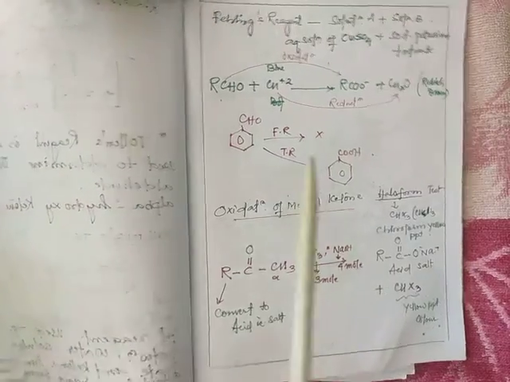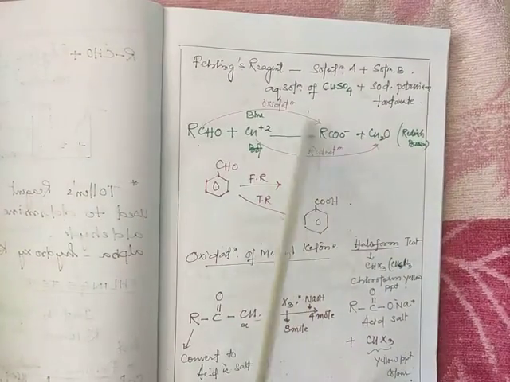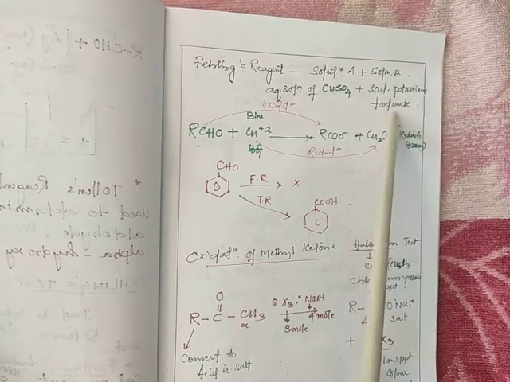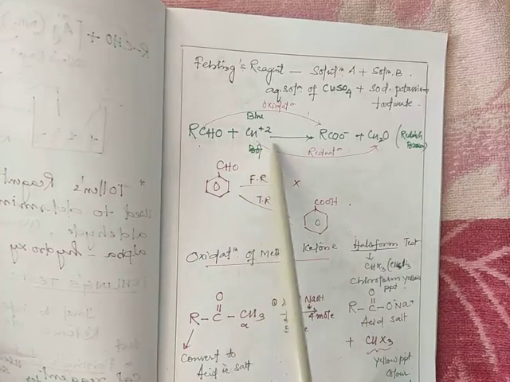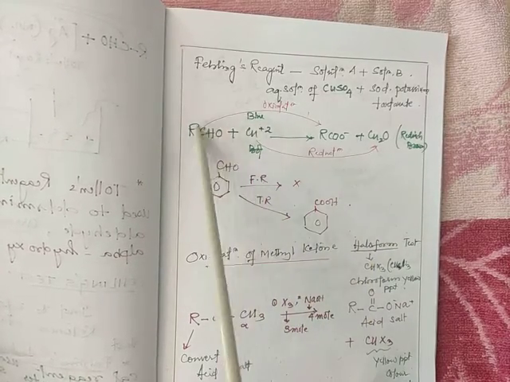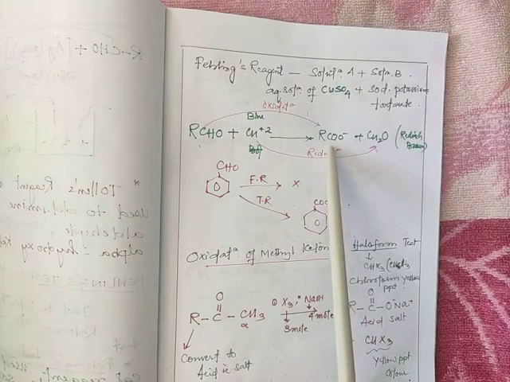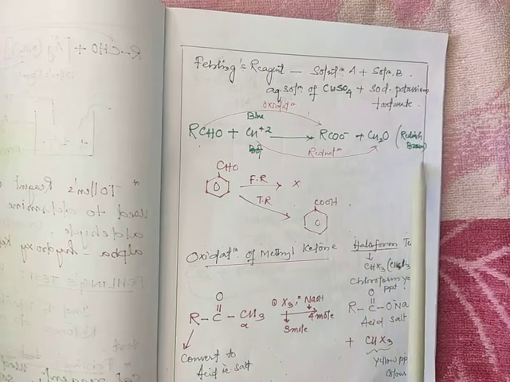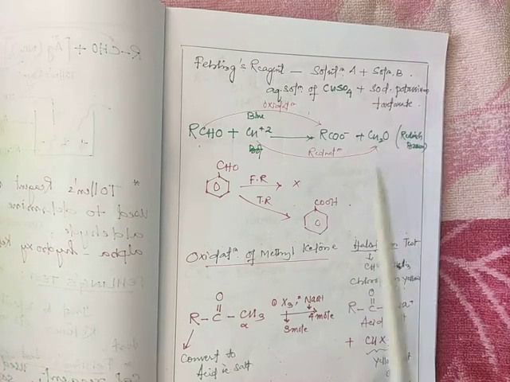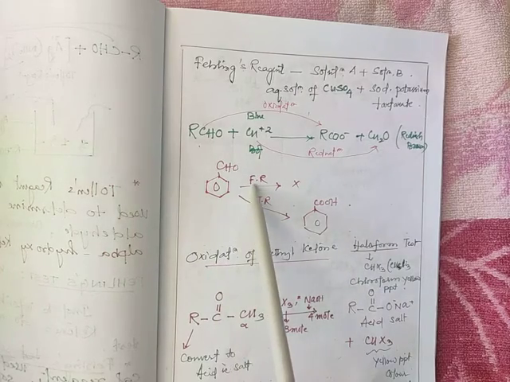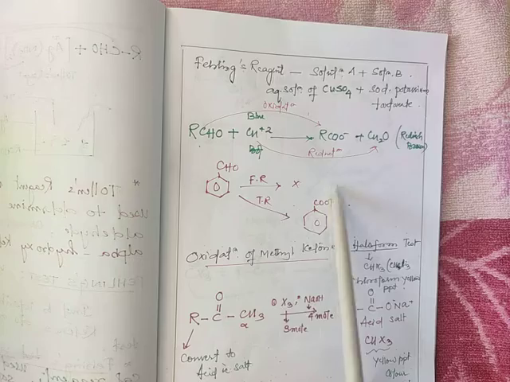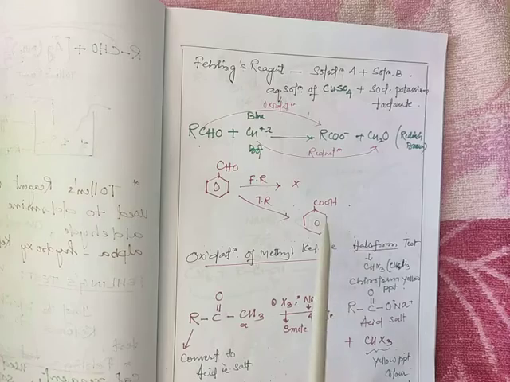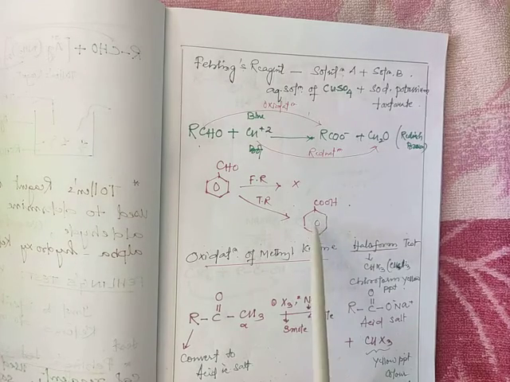Now Fehling's reagent is solution A and solution B, aqueous solutions of copper sulfate and sodium potassium tartrate. So here the aldehyde, this is the reaction. The aldehyde will give carboxylate, and the copper will give copper oxide, that is the reduction. So it will give a reddish brown color. Now for another aldehyde with Fehling's reagent there is no product, but if we use Tollens reagent, then we will get